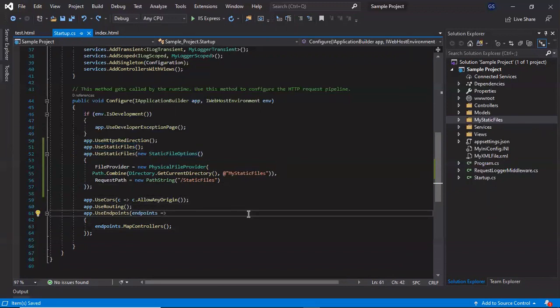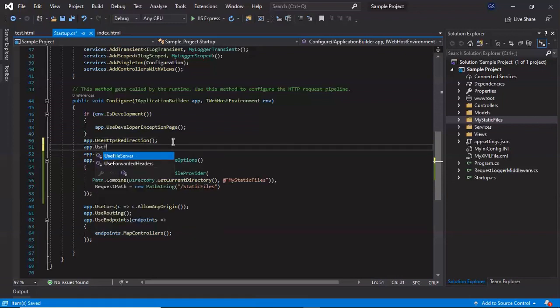Now we'll see what is the default file, or default page, for ASP.NET Core. As you know, in IIS we need to give some default page that needs to be loaded when the application gets browsed. The same thing is applicable for an ASP.NET Core application. So let's see how we can add our default page to our application. To configure the default page, we need to configure another middleware into the request pipeline, whose name is use default files.